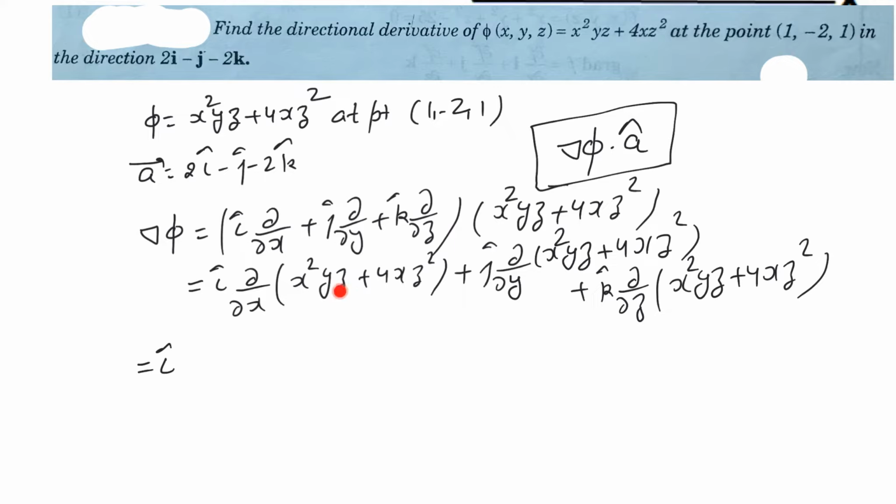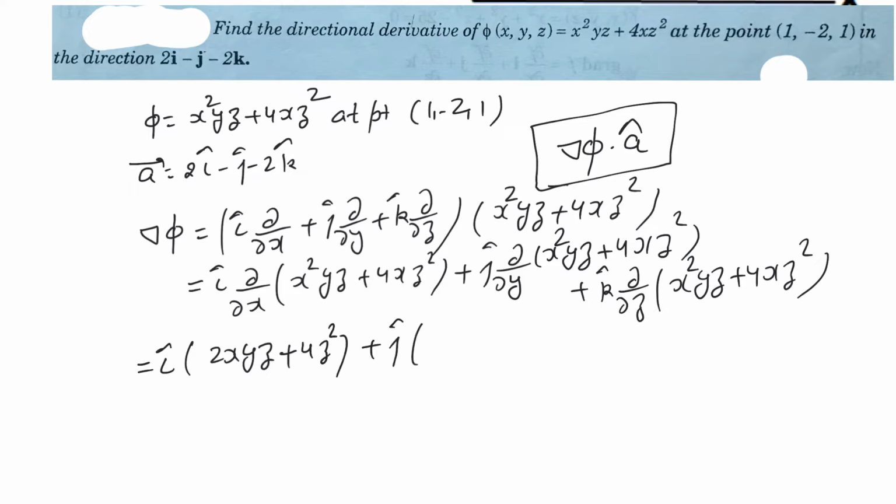So if we treat y and z as constant, differentiation of x² here will be 2x. So here we can write 2x, and yz are treated as a constant. Plus, now again see, z is being treated as a constant, 4 is a constant. Differentiation of x with respect to x will be 1. So here will be 4z²